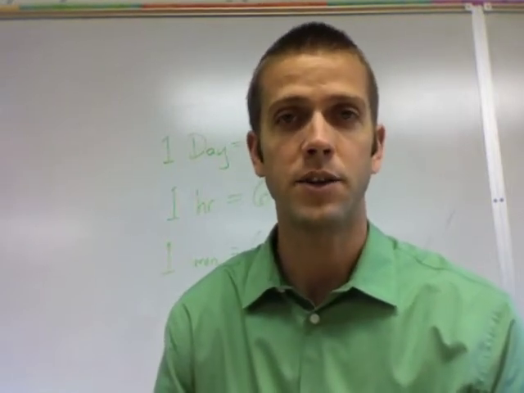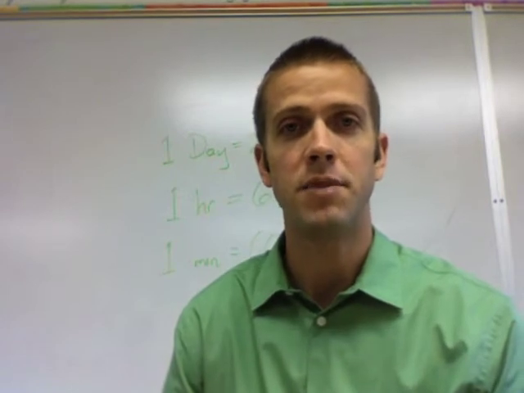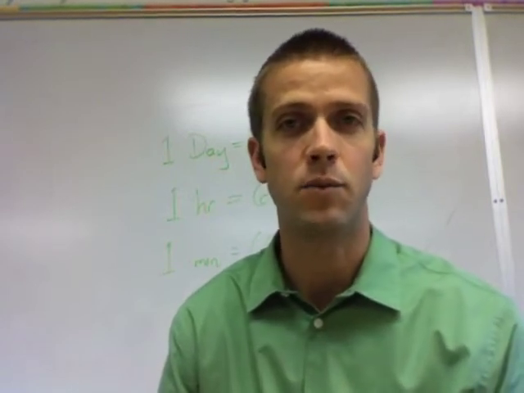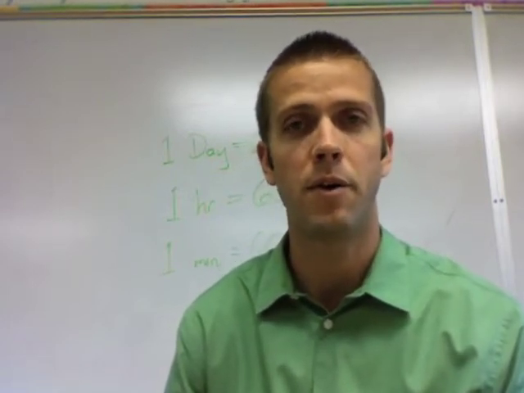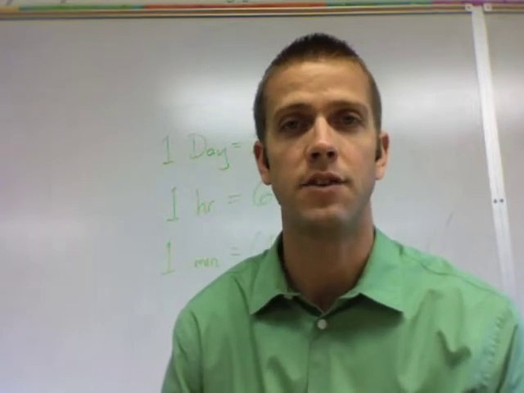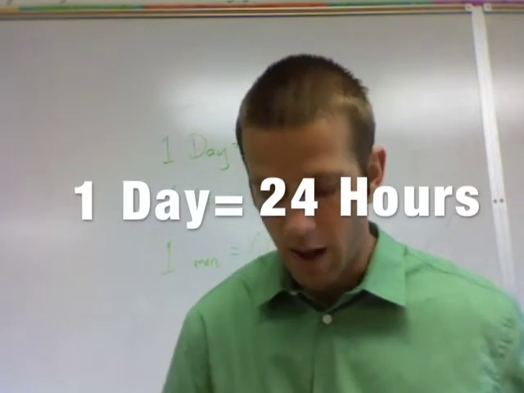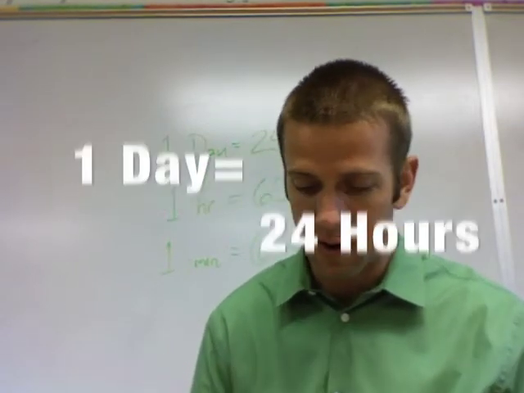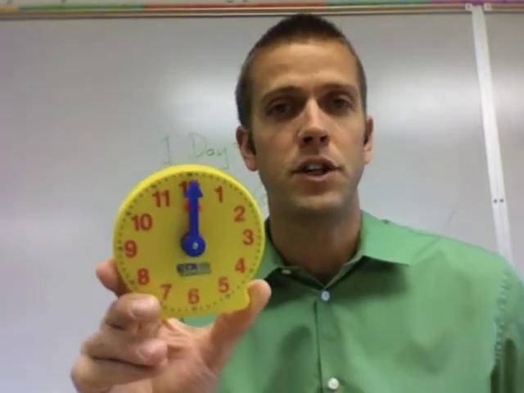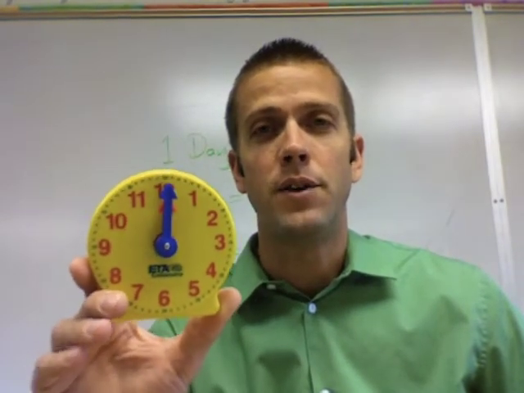Talking about time, let's go ahead and start with a day. Now, a day is measured by the Earth spinning on its axis one full time. So when the Earth spins around once, that's a day, and that day takes 24 hours. Now, on a clock, here I have an analog clock, and it's pointed at 12 o'clock. You notice that there's only 12 hours. So a clock cannot do a full day unless it's a military clock. But a normal analog clock only has 12 hours because we split our 24 into two groups of